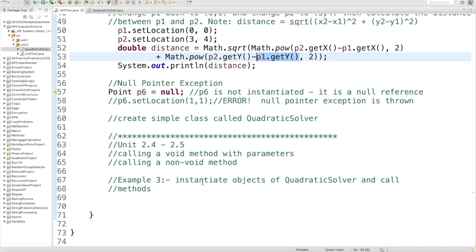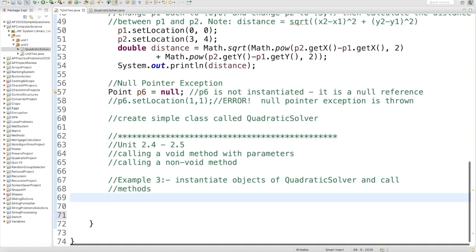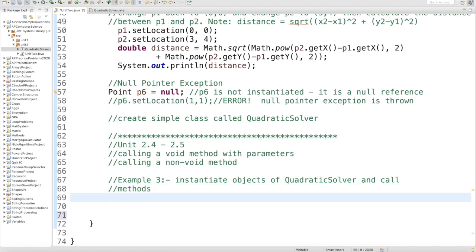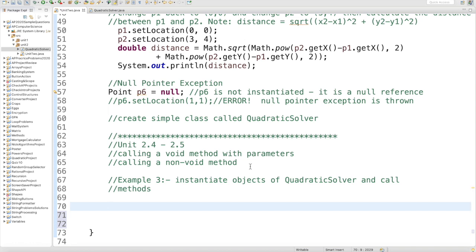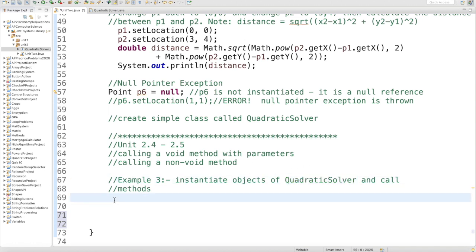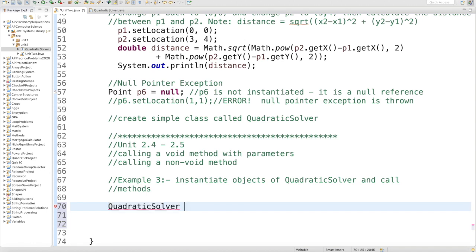So we're going to be looking at calling methods, and to do that we're just going to instantiate objects from QuadraticSolver. We created that in the last session. We're going to make some instances of that class and make some calls. That's all. To make an instance of the class, we've got to use the constructor. The first one I'm going to do is make a QuadraticSolver instance object, and I'm going to call it solver, and it's equal to new